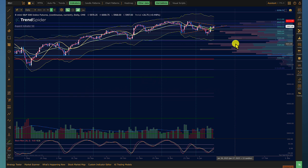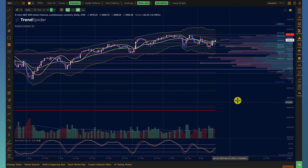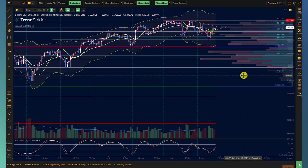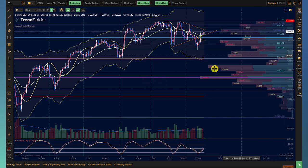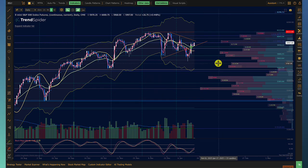Today is options expiry, and we also have the inauguration coming on Monday. Today could be incredibly volatile, and so what we want to pay attention to is where the charts are sitting at resistance and support, and what happens when we break through these levels that are supposed to be either resistance or support. So we're going to start with the ES, the E-mini S&P futures, and we're going to see that